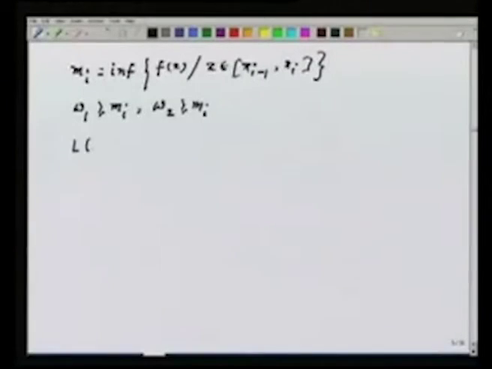The set {f(x): x in [xi minus 1, xi]} is certainly bigger than the set of all f(x) such that x is in [xi minus 1, x star], because x star is less than xi. Okay, so that is a smaller set. So in that smaller set, if I look at the infimum, that is certainly bigger than the infimum of the much bigger set. That's why I get the inequalities that W1 and W2 both are bigger than or equal to mi. Now I look at this quantity LP2F